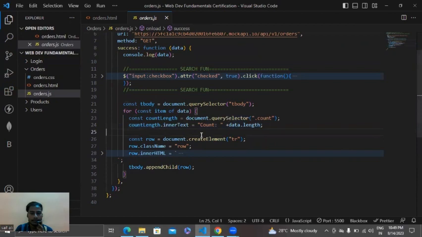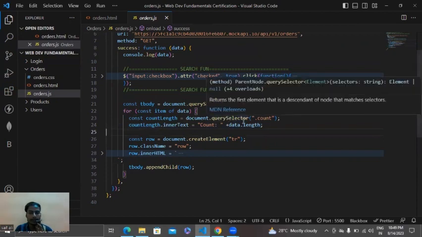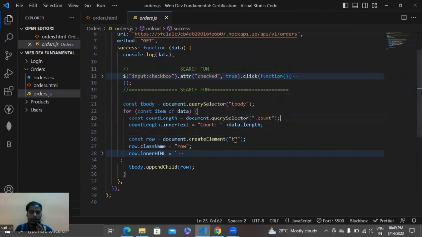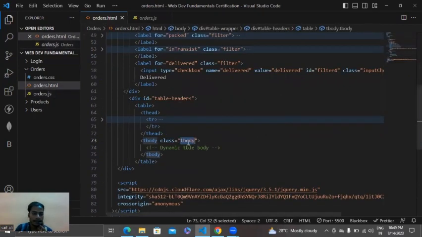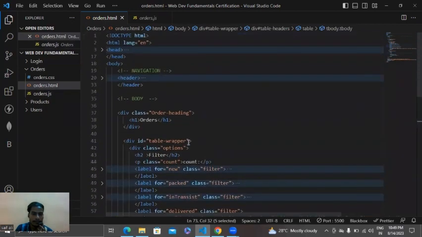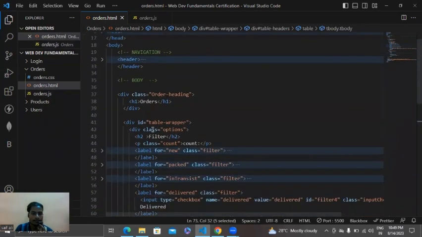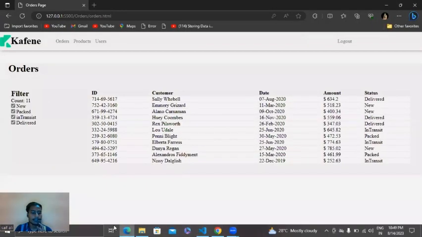I have targeted the count tag, as you can see inside the HTML card. This is the paragraph for count. It is showing here, and